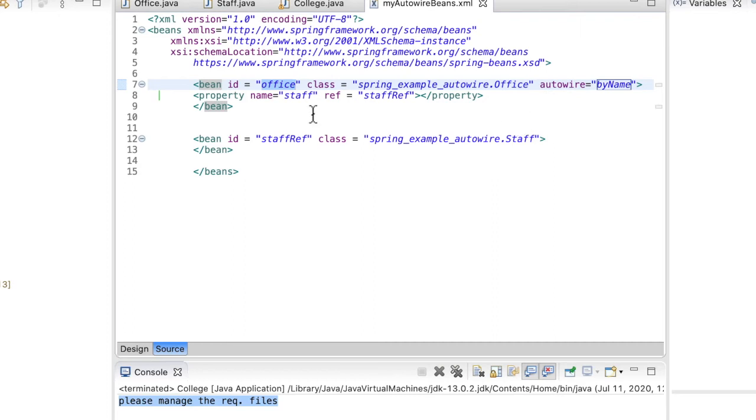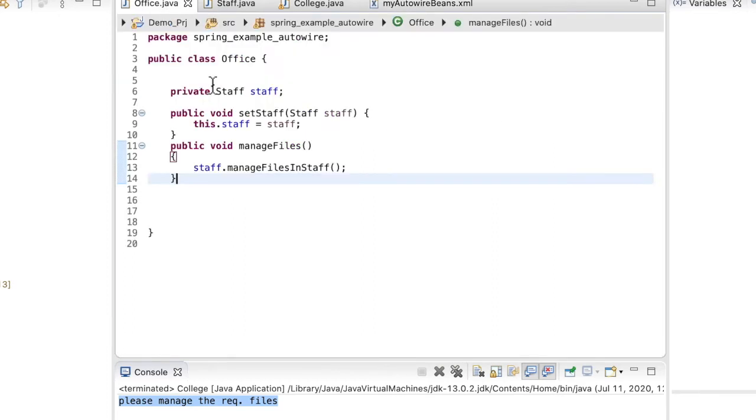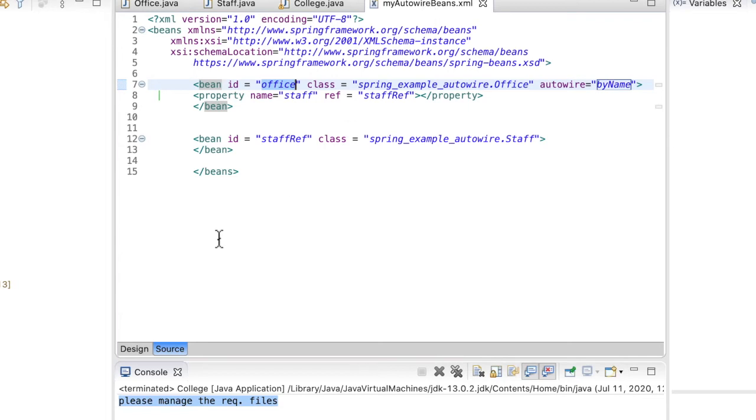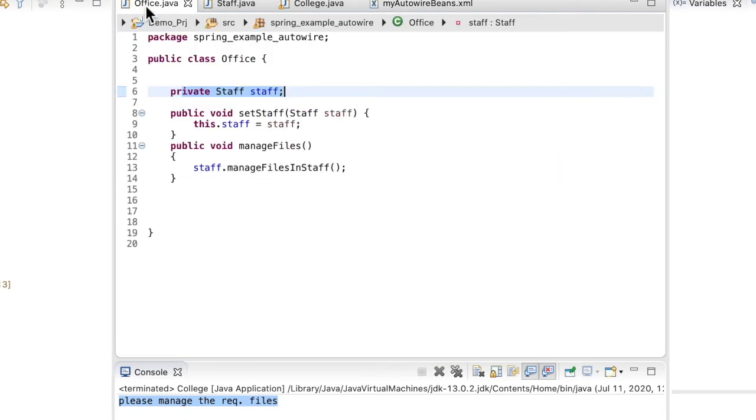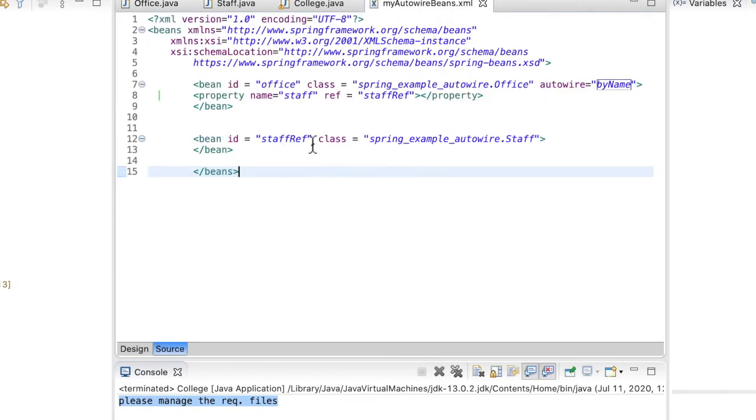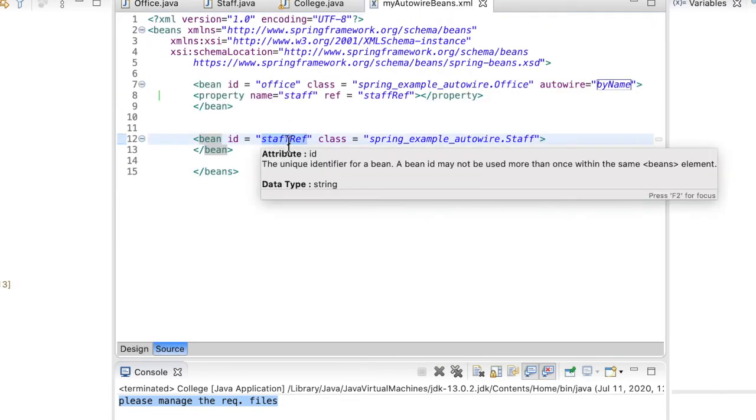Spring will check into your office class, and whatever dependency you have, Spring will try to attach those dependencies. And if you have any beans here which have the same name as this value name, Spring will attach it. So here you have staff, here you have staff reference, right?